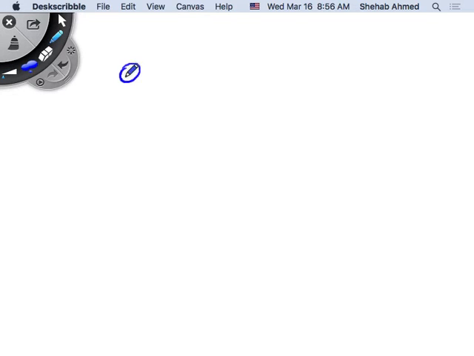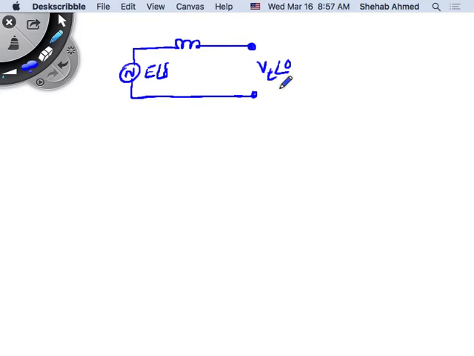Okay, so I have a voltage source here, E with an angle delta, a reactance, and a terminal voltage that I have to meet, or sort of synchronize to, and so this is where my load is and where I'm supplying the power. And the single line diagram for that is the following. This is E here, V here. This is IA, this is jXs. And this is called the generator synchronous reactance,